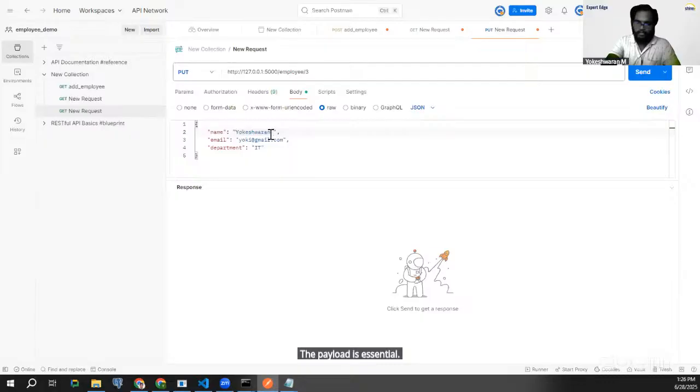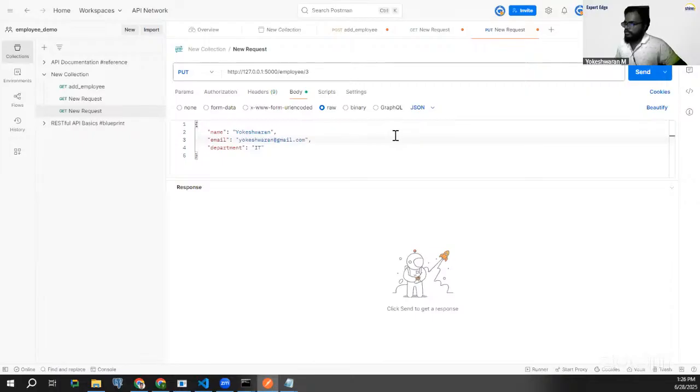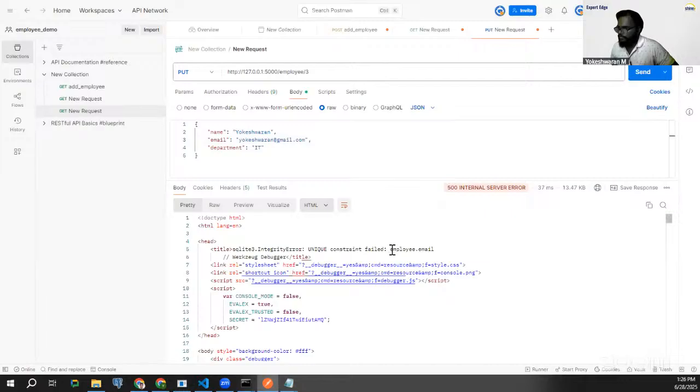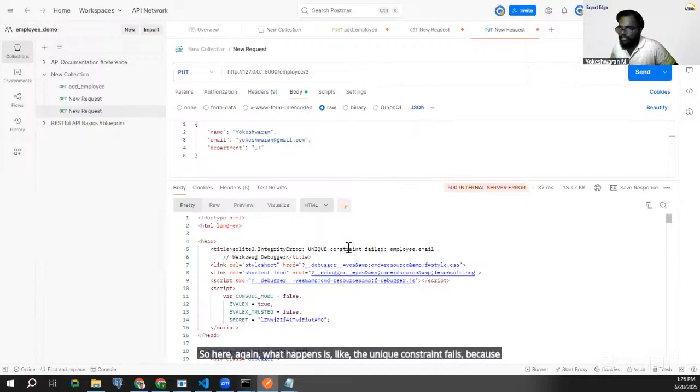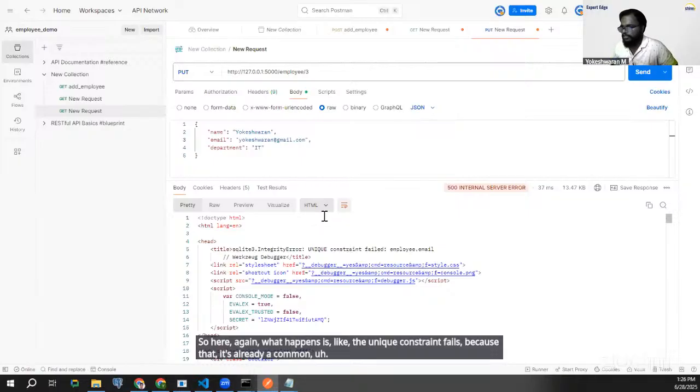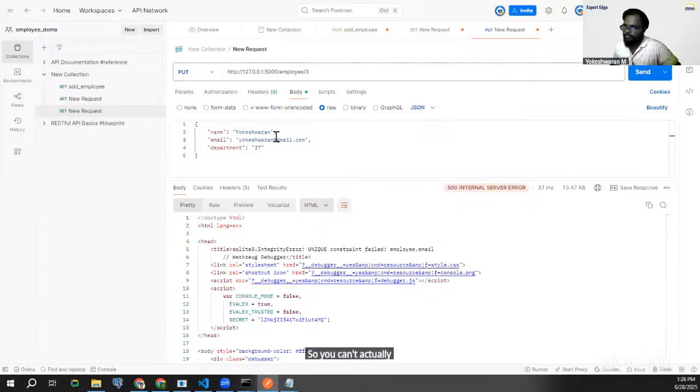Here we'll update it. Again the unique constraint failed because it's already a common email ID, so you can't have two common ones there. So what we have to try to do is